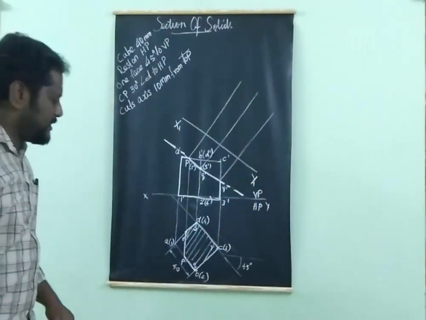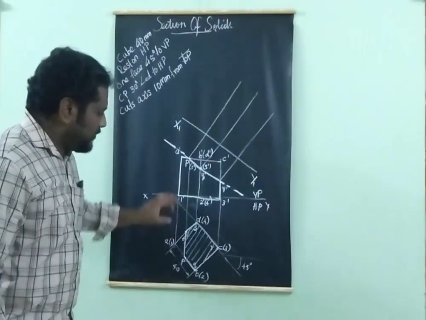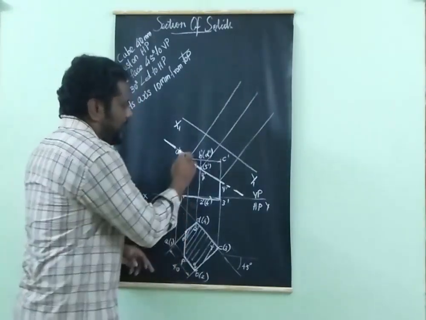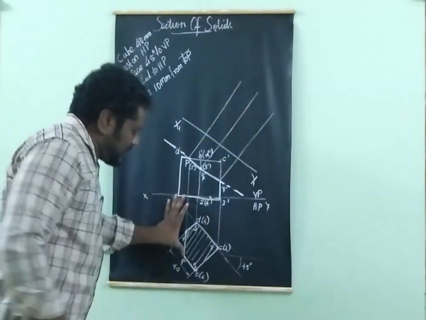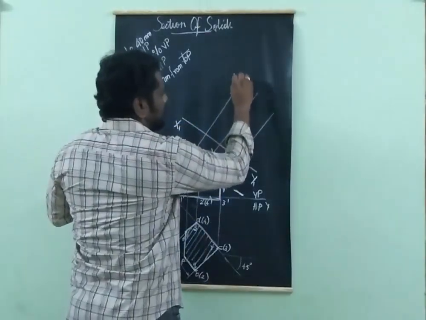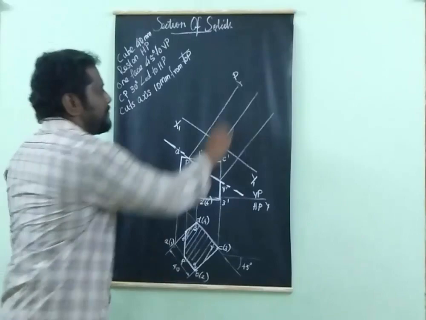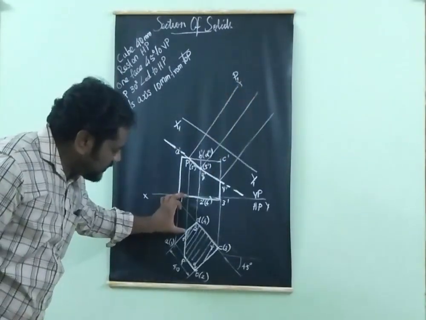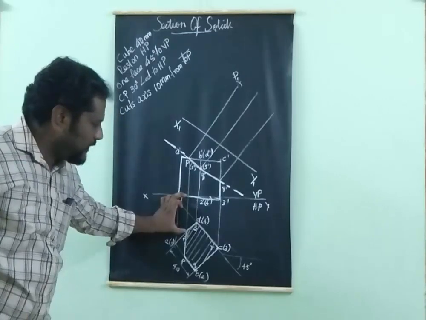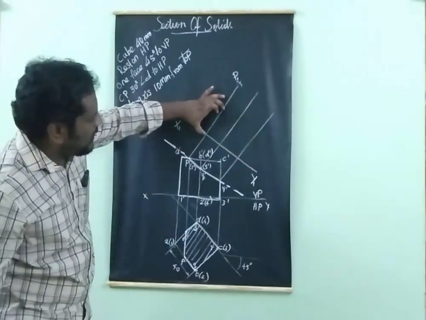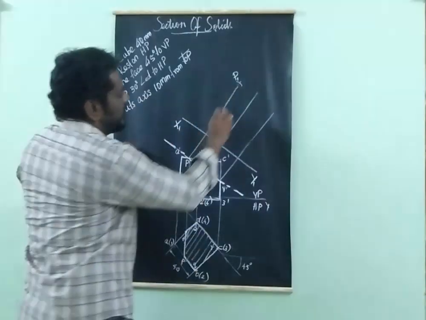Then you have to measure the point P from this XY line, and in the point P line, measure this length and transfer this point P. Okay, this is P1. Similarly, you can measure this T point from the XY line, and with the same measurement you can cut an arc from here to draw the point